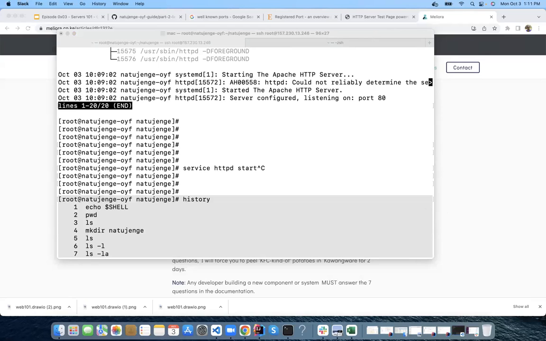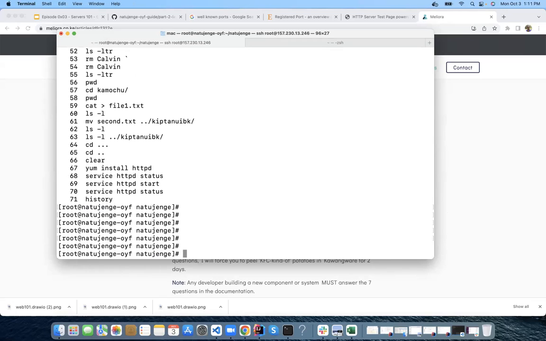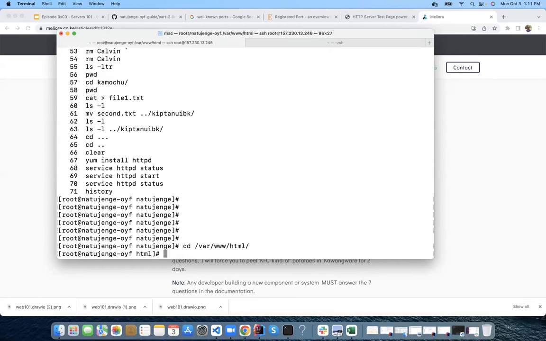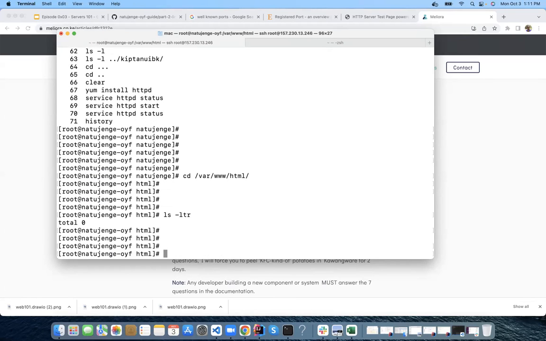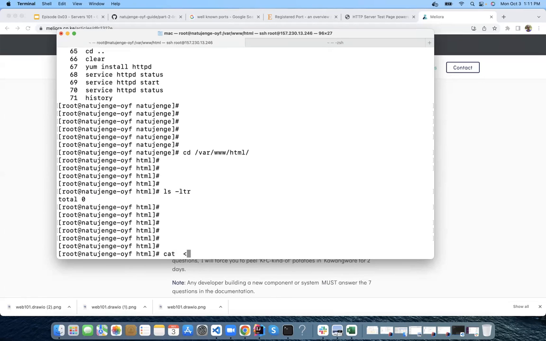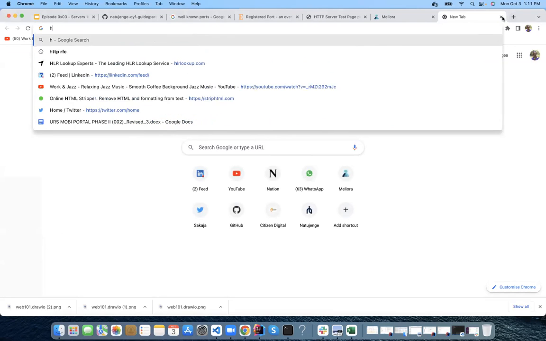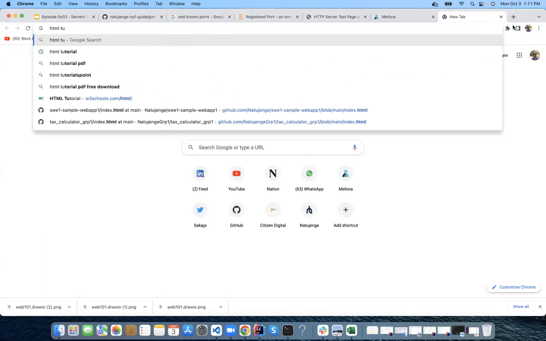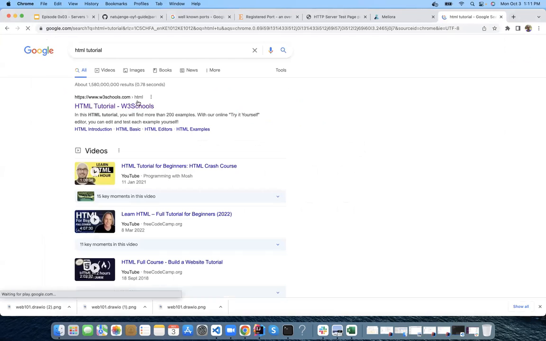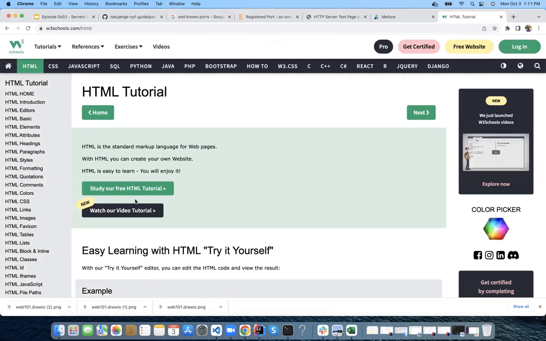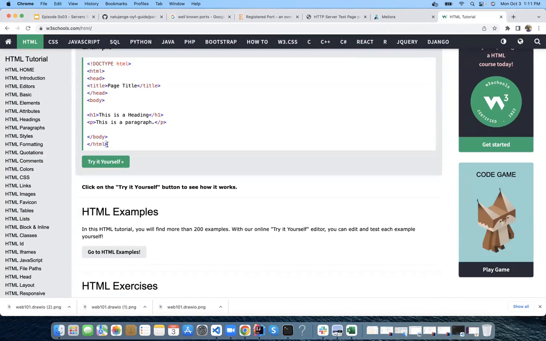Now, one of the things that I want to do as I finish, sorry, copying has backfired on me. One of the things that I want to do as I finish, we know that the var, for those of you who are doing Docker images, you know that the Apache web server puts folders here. So I'll come here and we will create the first HTML file, HTML tutorial. So I just come here, I'm a lazy guy and I just want to copy the first web page here, and we are going to come and we will basically,